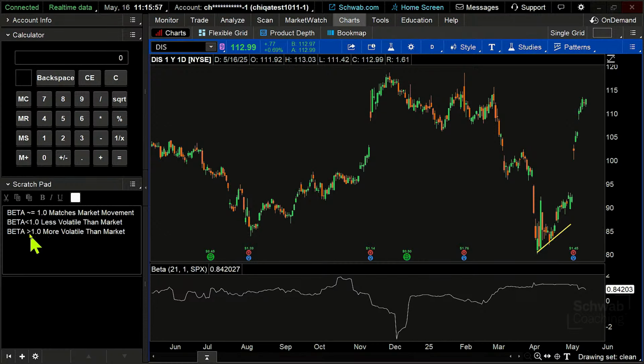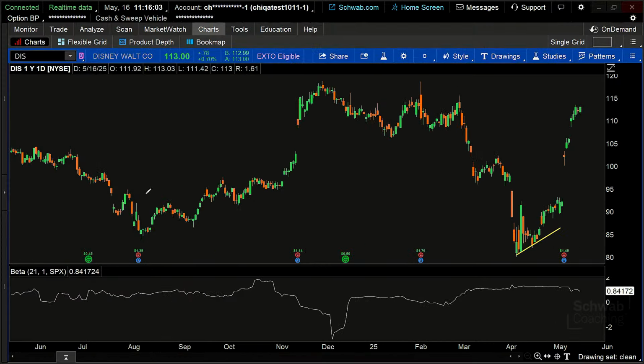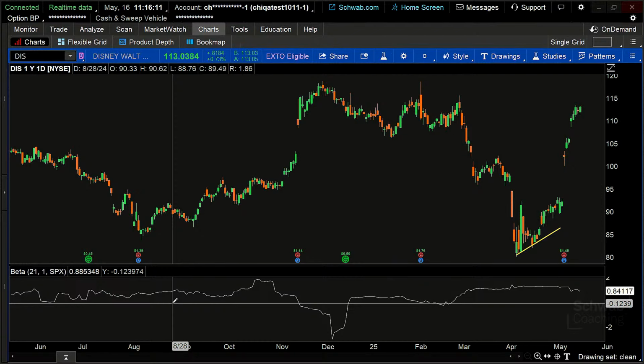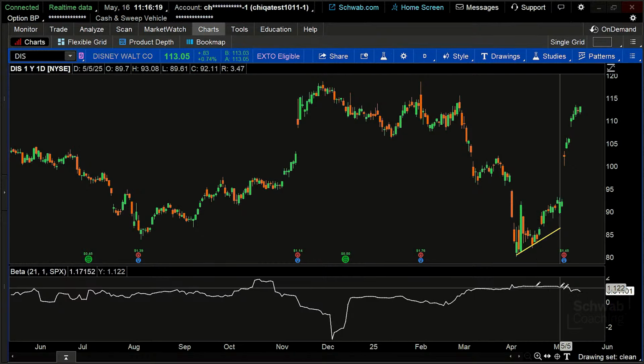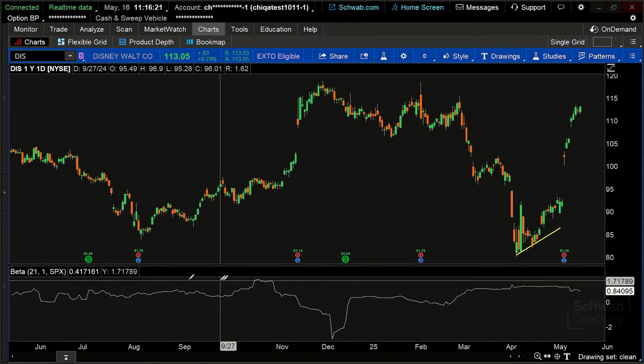Okay, well, now we're thinking, well, okay, so what? What does this mean, right? Why do I care about this? Well, what I can see now objectively, and what kind of flies in the face of what we see in terms of price movement, is this relationship of volatility to the market, right? Because take a look at this particular point. So here's kind of that one level.